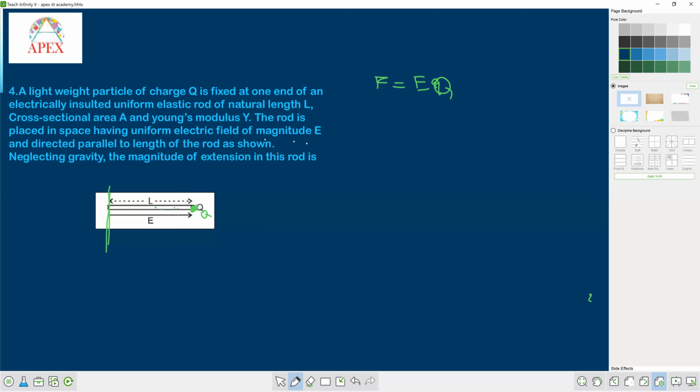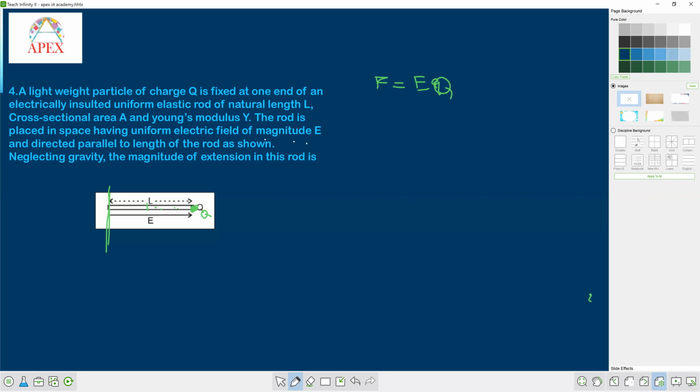If the tension is uniform, if it is a completely massless rod, then you can directly take tension T everywhere. Then F equal to EQ you can consider, which is equal to the tension. But it is having some mass. It is not a massless rod. A massless rod was not given. So you have to calculate, or you have to